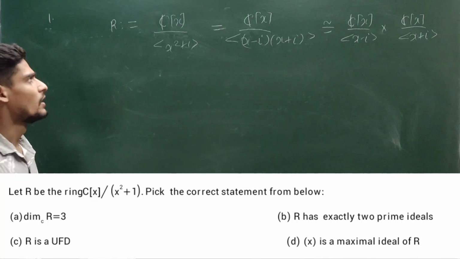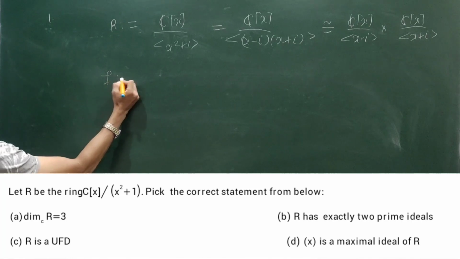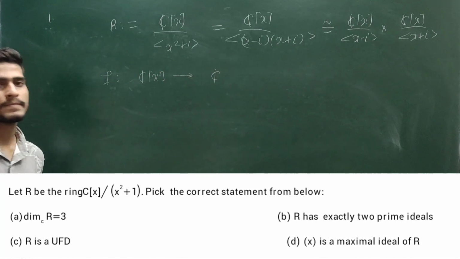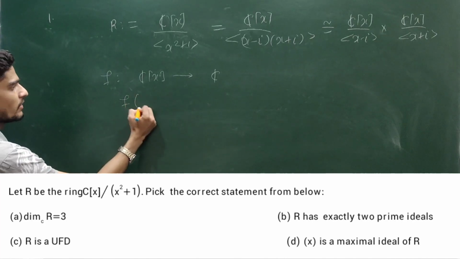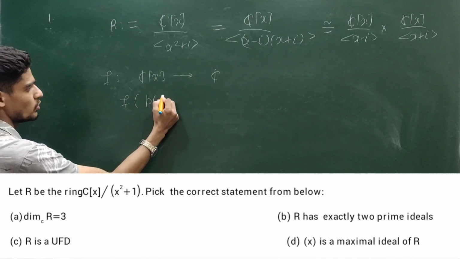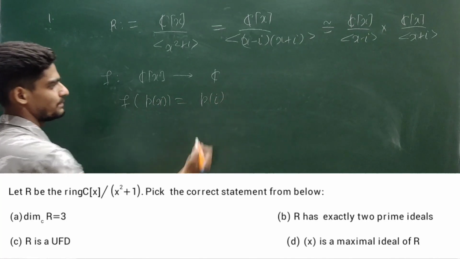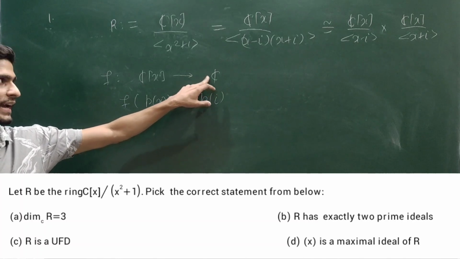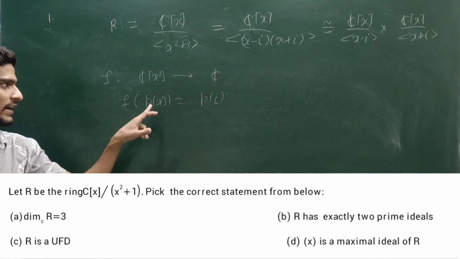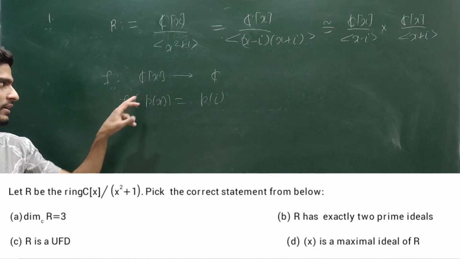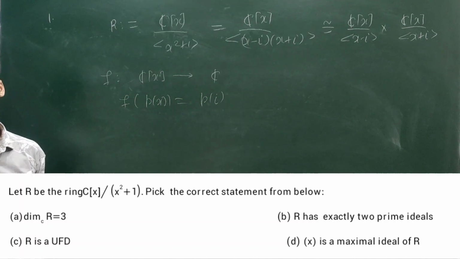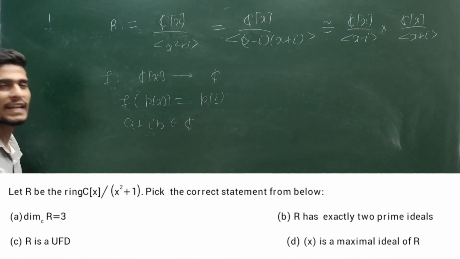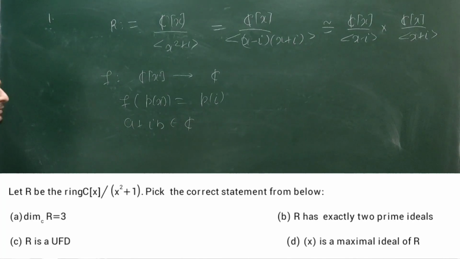So for this I have to show this. Let me define a function f from Cx to C, and the function is defined in this way. It is sending p(x) to p(iota). You can easily verify this is an onto ring homomorphism. If you take any complex number here, you can always find some p(x) inside this, so that the image of that polynomial becomes that complex number. This is an easy case. Say a plus iota b inside C be any member. I am finding the pre-image of this.